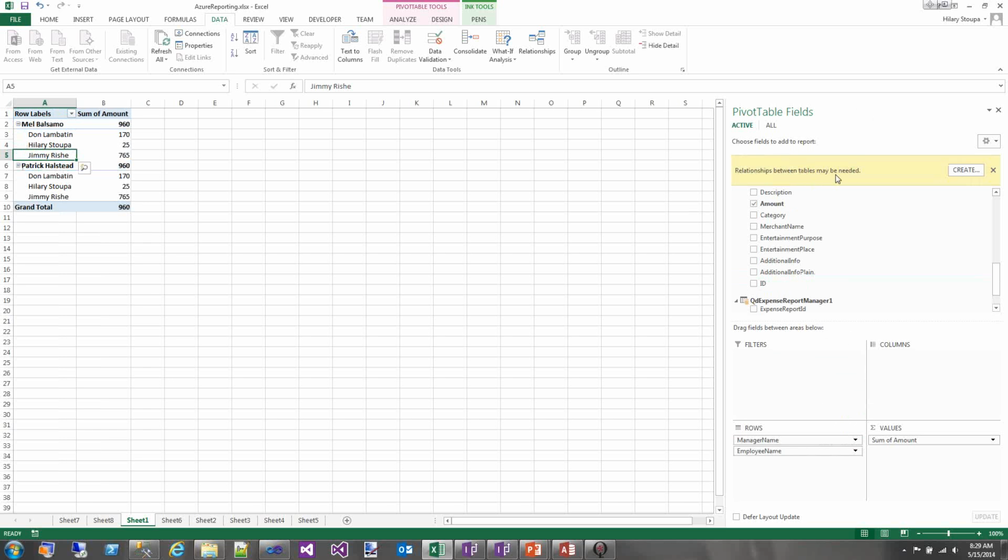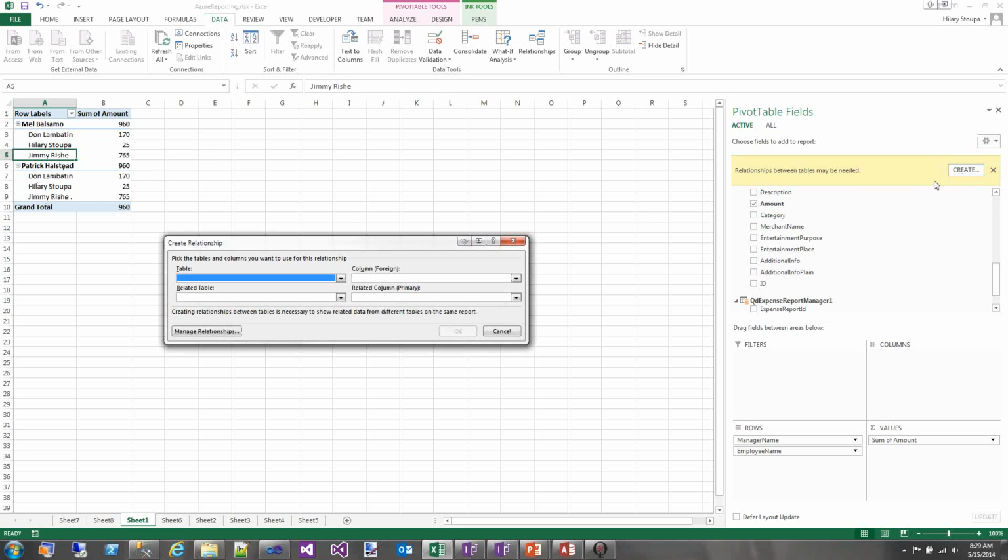Do you see how I get this error? Well, it's not an error, it's a warning. It says relationships between tables may be needed. And the other thing I can see is now I've got manager, and do you see how my data is repeated now? It's incorrect because it doesn't know how to join. When I created the